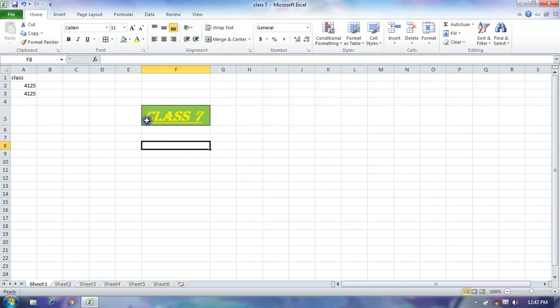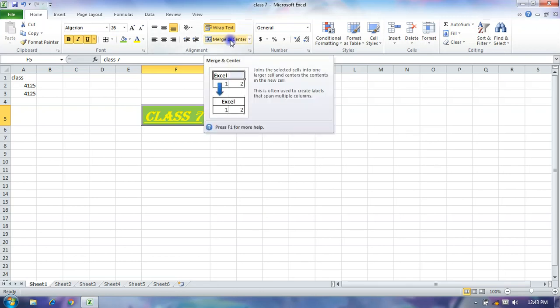Wrap text is used so that when typing text, it shifts automatically to the next line. If we continually type on the right side, when you wrap your text, it automatically shifts to the next line within the cell.